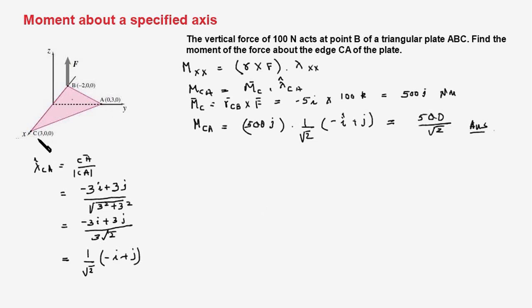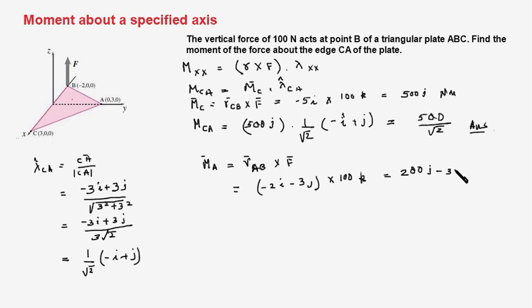So if we select point A instead of C, we shall get MA equal to RAB cross with F, and that will be equal to minus 2I minus 3J cross with 100K. This will be equal to 200 J